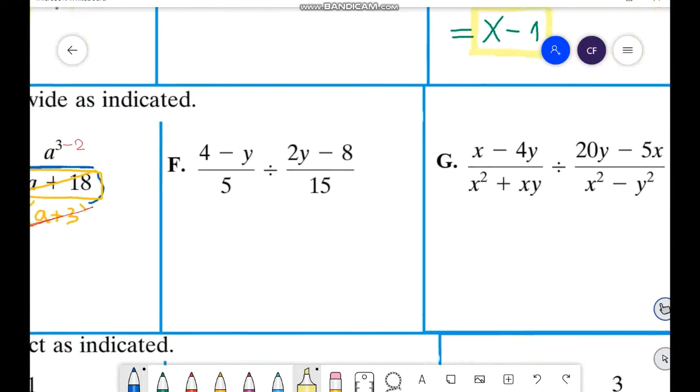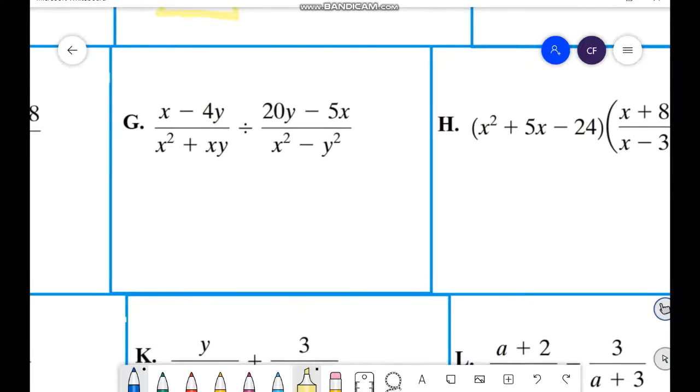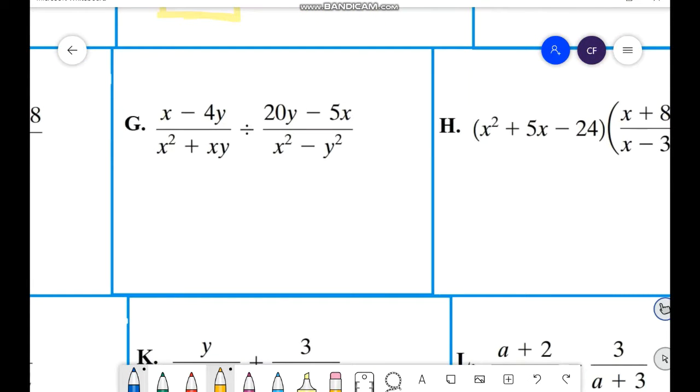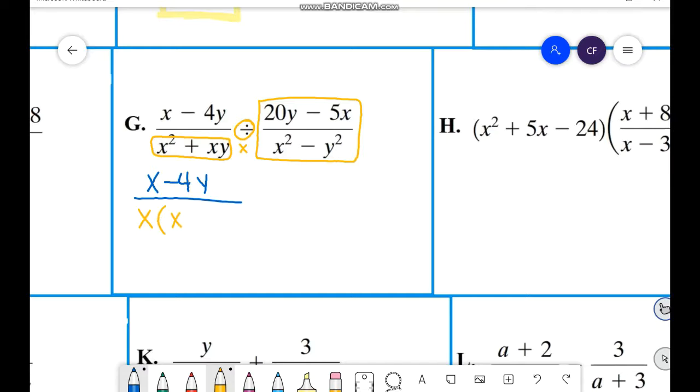Skip letter F, go to G, letter G. Now it is a division. And remember, division we can transform into a multiplication by changing the symbol and flipping. We will flip the next fraction after the division symbol. So x minus 4y over, and we can factor out x here, x times x plus y,